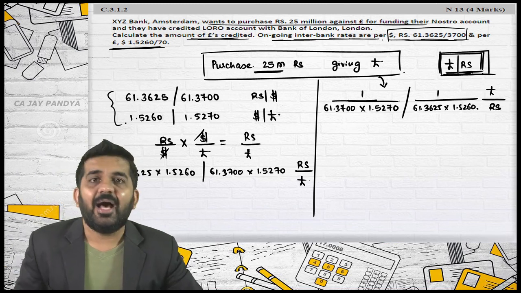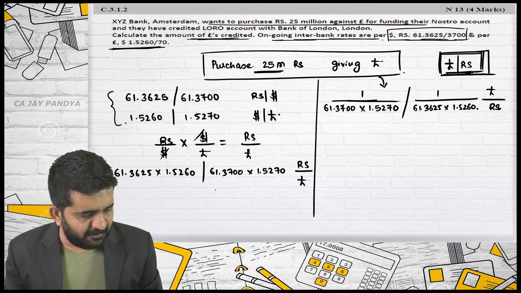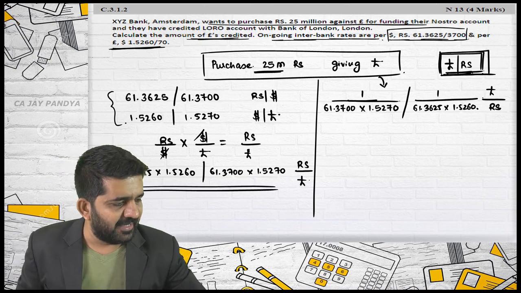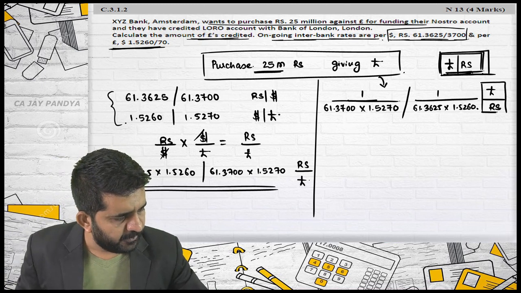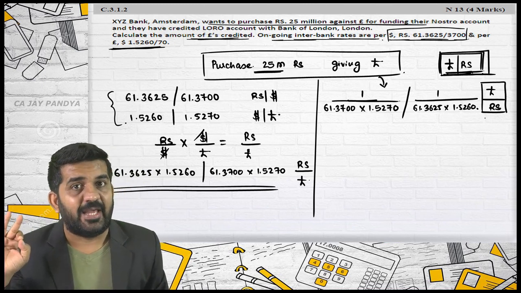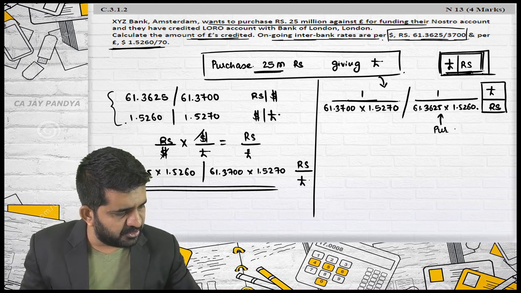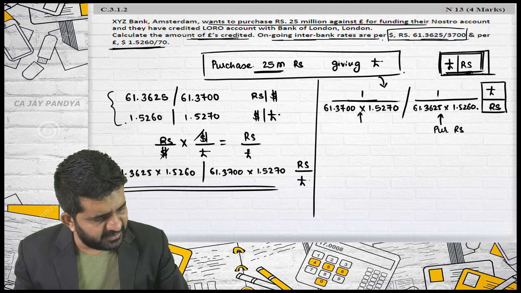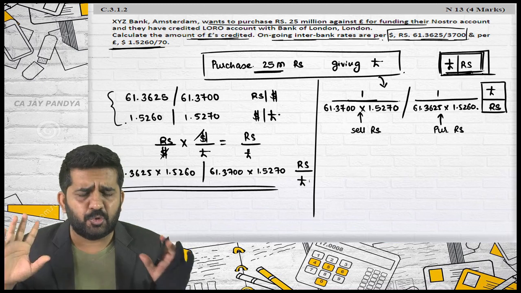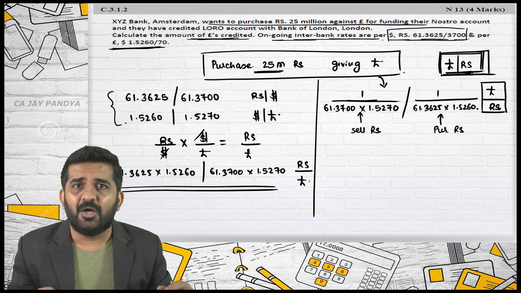Try to understand. I required pound per rupees. Rupees per pound was easily available, so first I found out rupees per pound and then I reciprocaled it, and I am getting the answer of pound per rupees. Is it alright? Now, please understand, you are in Amsterdam. This is the rate at which you can purchase rupees. This is the rate at which you can sell rupees. You are in Amsterdam, so it is somewhat typical to understand, but it is not impossible. It is also not difficult.